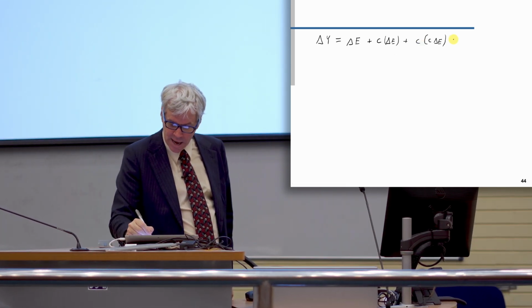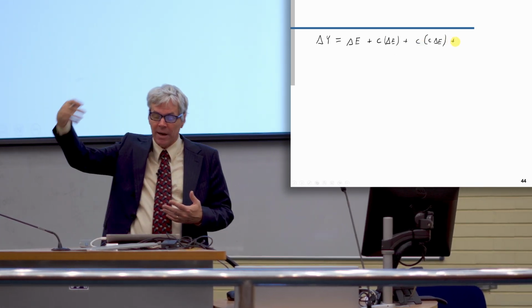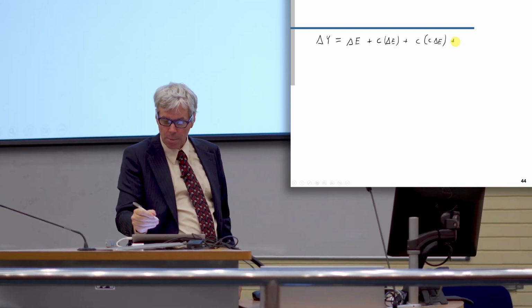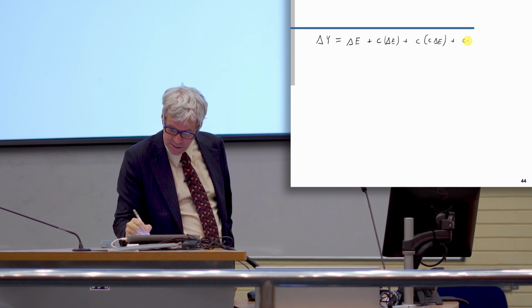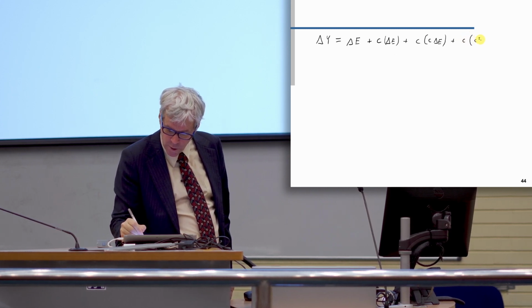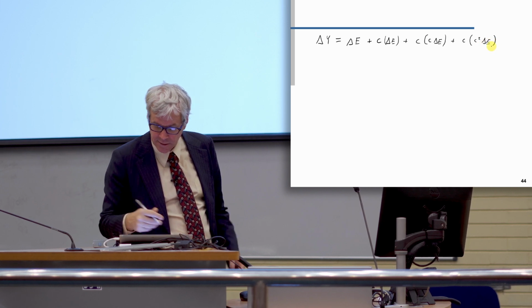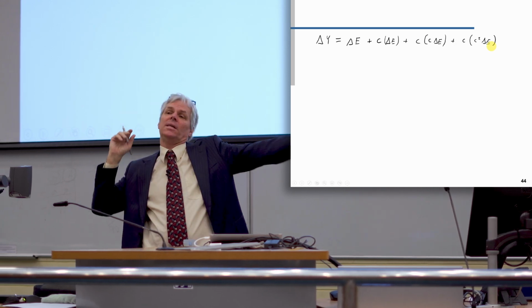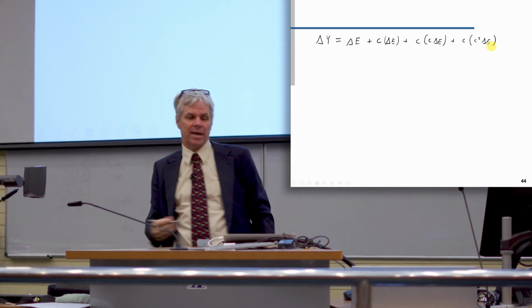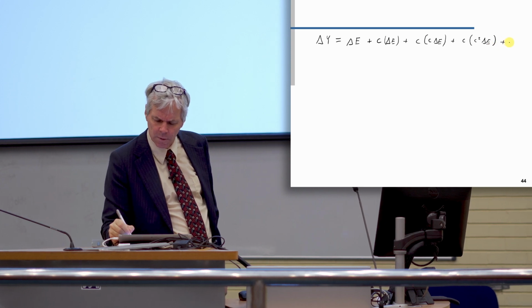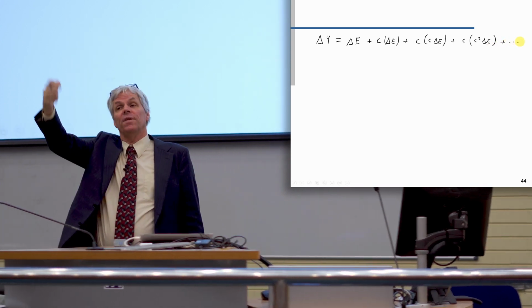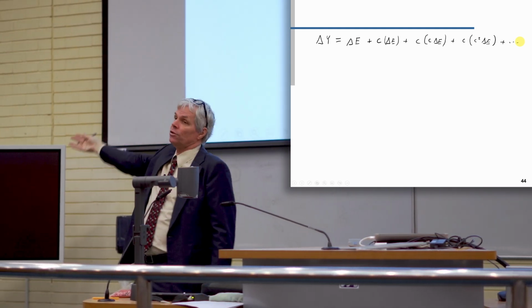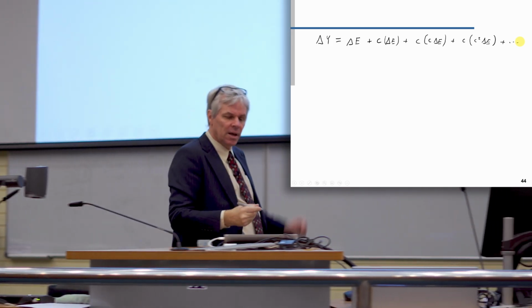And then, of course, that means that guy has now increased his consumption by C times delta E. And then he goes to a barber, and that barber feels rich, and he changes his behavior by C times C squared delta E. The parentheses bit is the amount that he feels richer, and then he changes his behavior by C times that. He increases his spending by C times that, and so on and so forth. And so on and so forth is an infinite series, right? This guy feels richer, he buys something. That guy feels richer, he buys something. And so this whole thing,